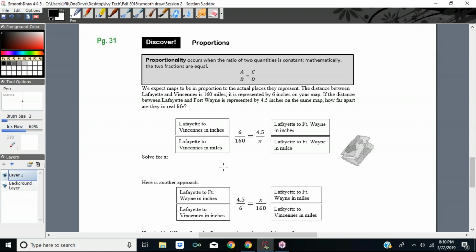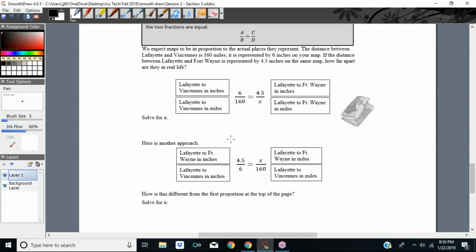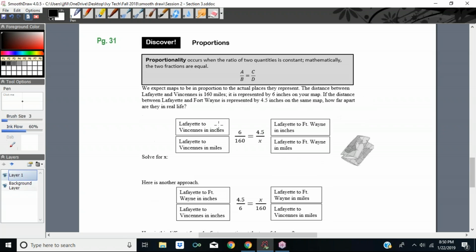All right, and then lastly, let us look at proportions. So now I'm flipping over to page 31. Really 31 and 32. And we'll see what we can do here. So proportions, the way we look at proportions, there's a few different approaches. And this example here says, I want you to notice it starts with Lafayette